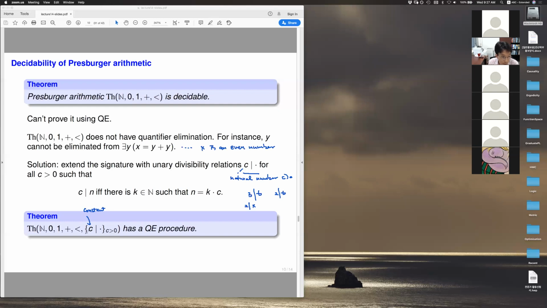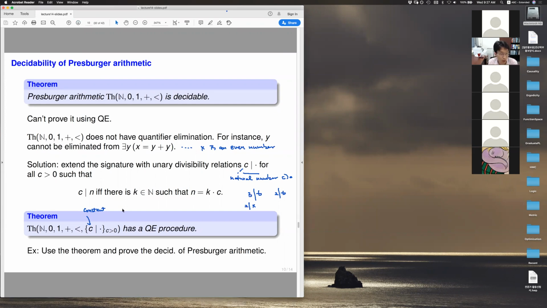So it turns out if you do this extension, the theory over this extended structure has a quantifier elimination procedure. Okay. So that's what we're gonna prove. Proving this theorem will form the main part of today's lecture, the remainder of the lecture. But before moving further, I want you to assume that suppose we have this quantifier elimination